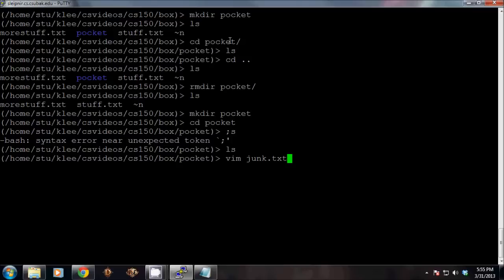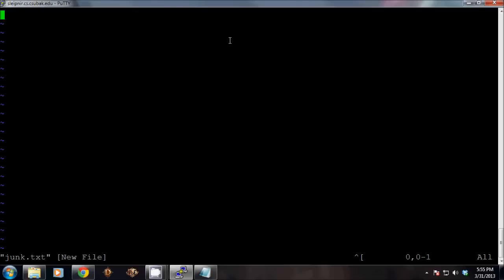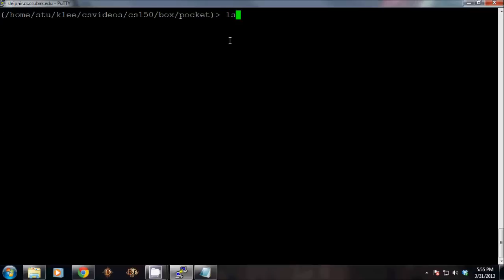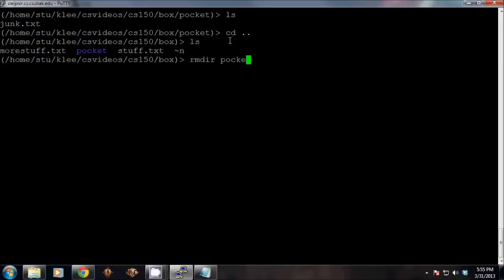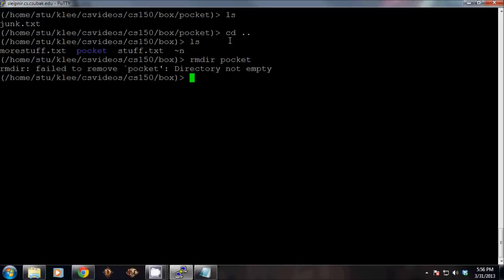Junk.txt is the name of the file I'm making. I'm going to go ahead and type in escape, :wq. I just write it. I just made a quick junk file right there, and I'm going to go ahead and go back one directory level so I can see pocket. I'm going to go ahead and type in rmdir on pocket, and it will give me an error because the